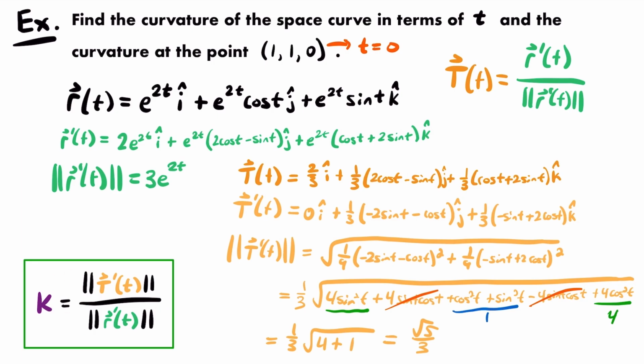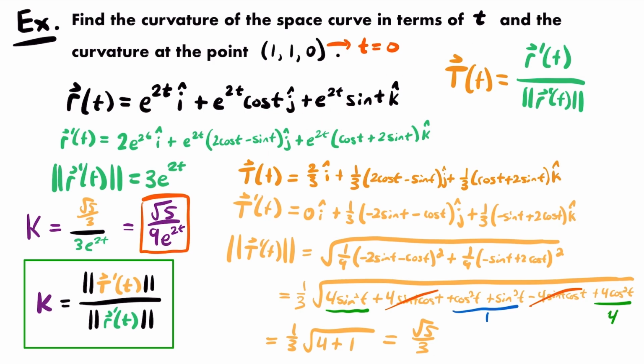So let's do it. The curvature k will be equal to the magnitude of the derivative of the unit tangent vector, which is the square root of 5 divided by 3, and then you're dividing it by the magnitude of the derivative of the vector function. So we have 3e to the power of 2t. All right, so 3e to the power of 2t. So really to simplify this, you just want to multiply those denominators together, and k will be equal to the square root of 5 divided by 9 times e to the power of 2t. All right, so that is the general expression for the curvature of the space curve in terms of t,